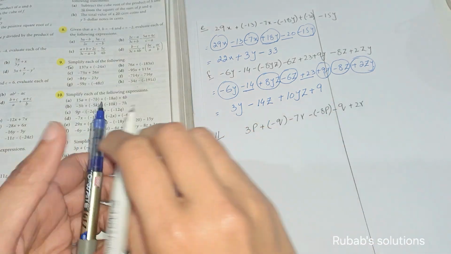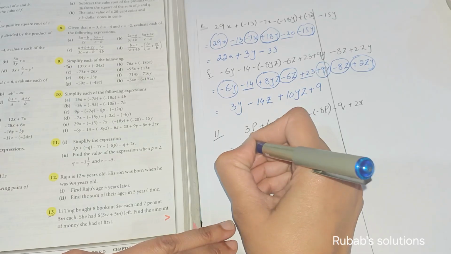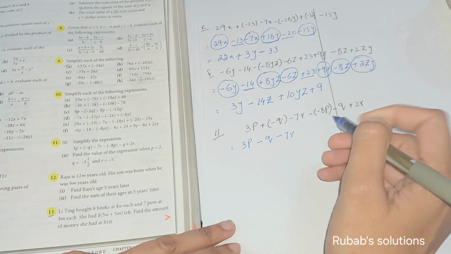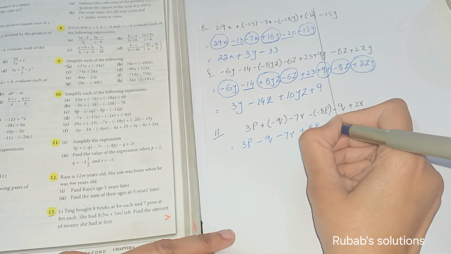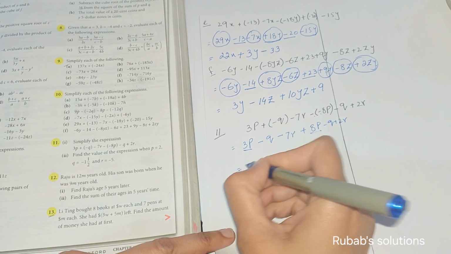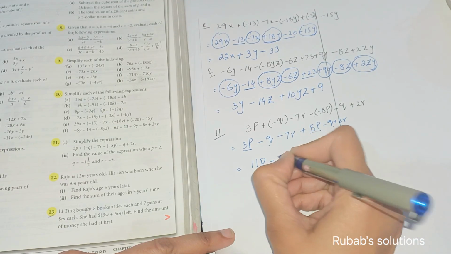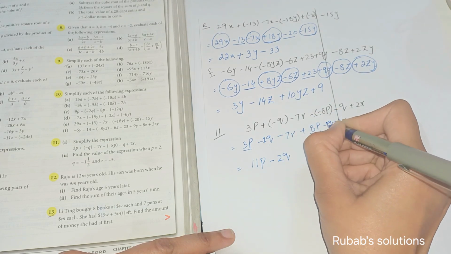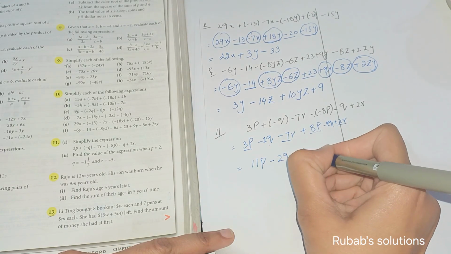So first of all, we have to simplify the expression. After simplification, we have to put the given values. So first of all, I will simplify. Open the bracket: plus minus q minus 7r, minus and minus it is plus 8p minus q plus 2r. So 3p and 8p, this is 8 plus 3, 11p, minus q and minus q, so it will be minus 2q. Why minus 2q? When there is no coefficient, that means there is 1. So 1 and 1, it's 2. Minus 7r plus 2r, so it will be minus 5r.